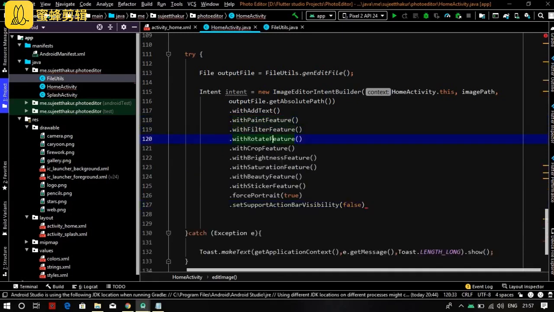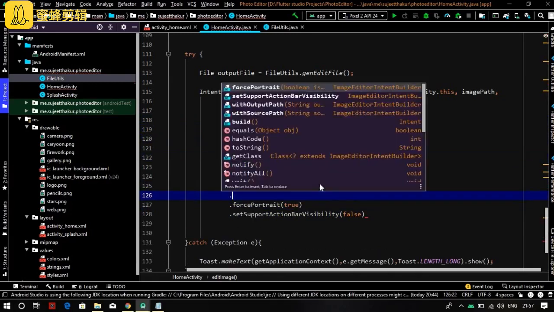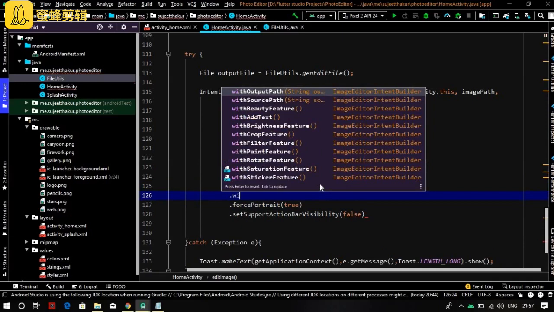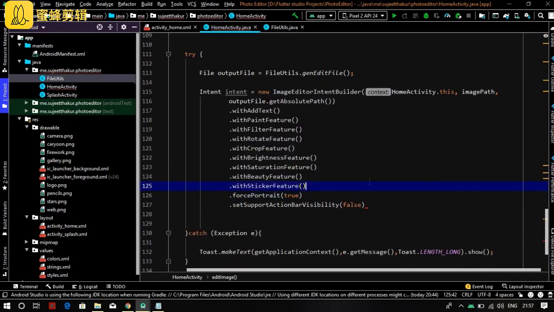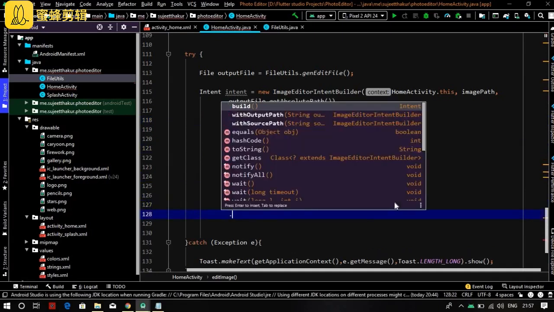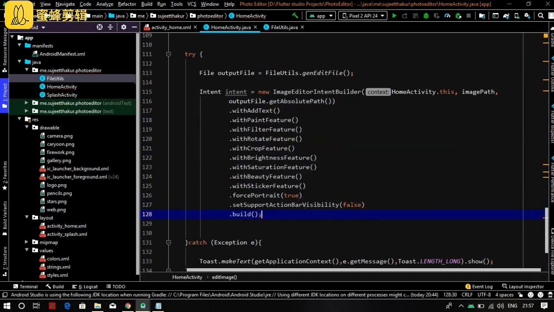You can write it your own. You can just explore these functions here. I have written every feature which is available by our dependency, the external project.